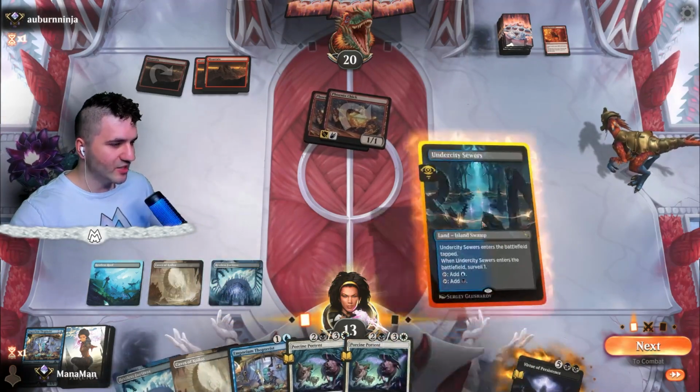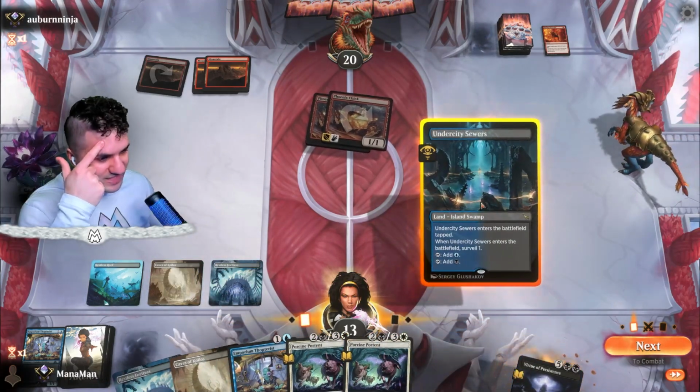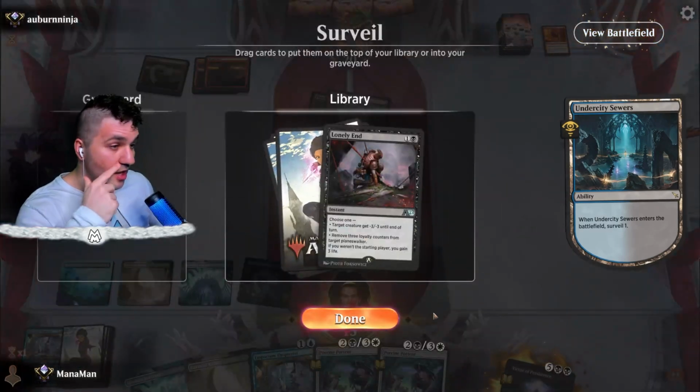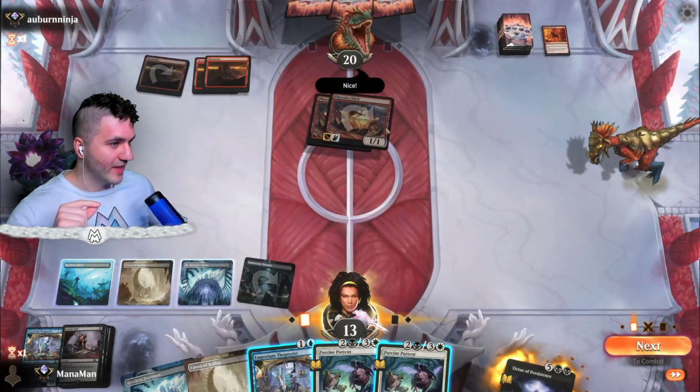Got the Thopterist. I think we're just going to go in for the Sewers. Let's see if we can surveil and find something, because right now, we need some answers. Lonely End is an answer. Absolutely love that. They give us a nice...